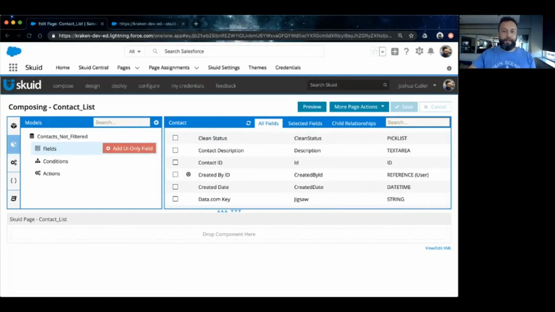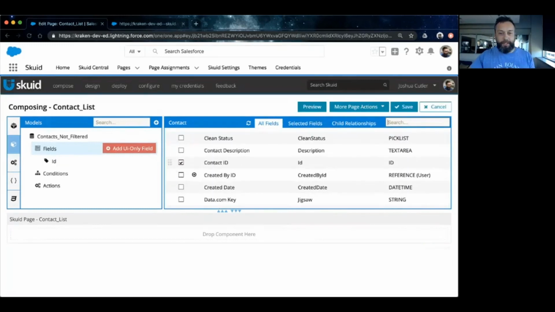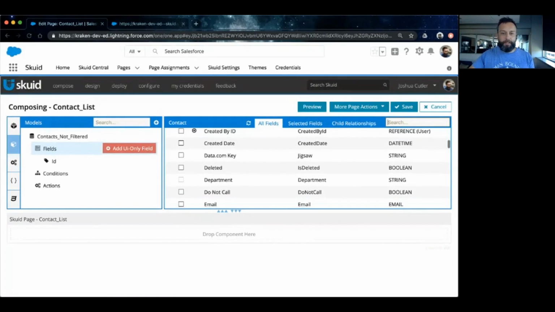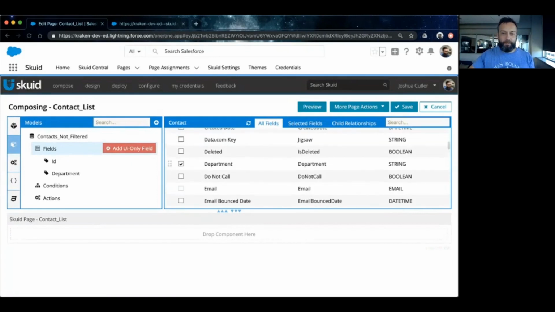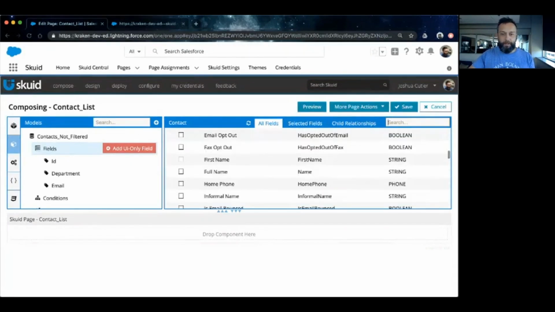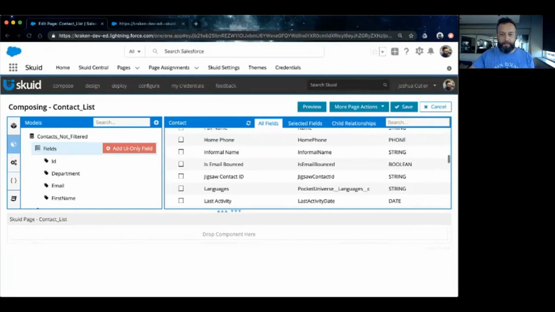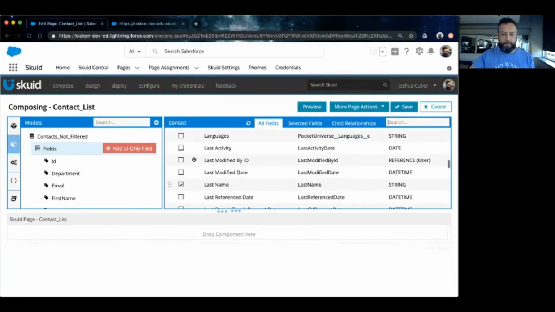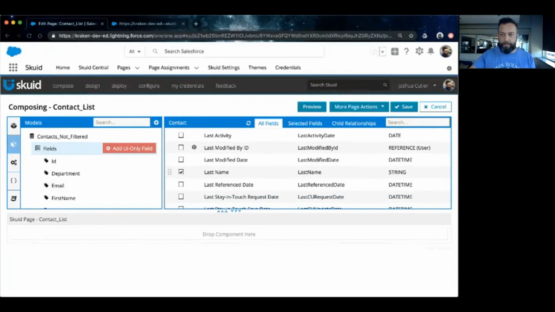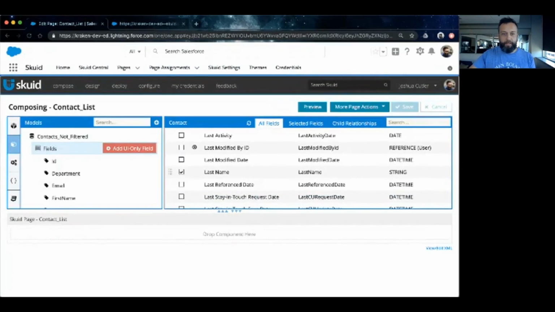And in this situation, I'm going to choose contact ID, department, email, first name, last name. Just 5 fields. I'll click Save there. So now I have a model that's ready to load when the page loads, and I have the fields I want selected,